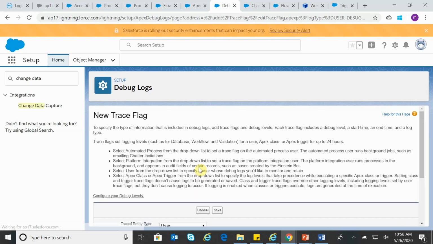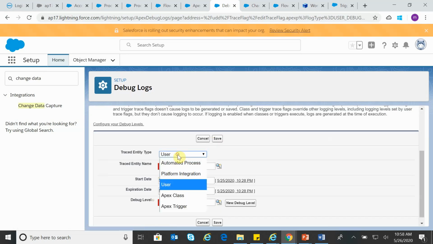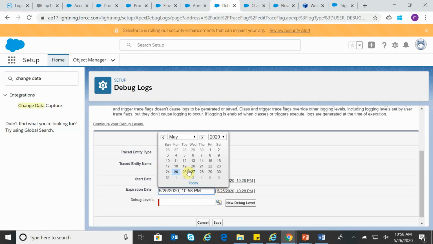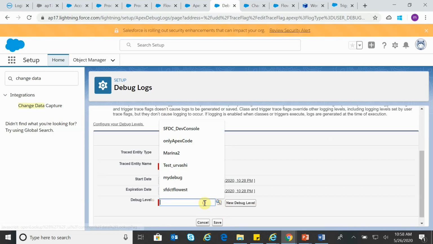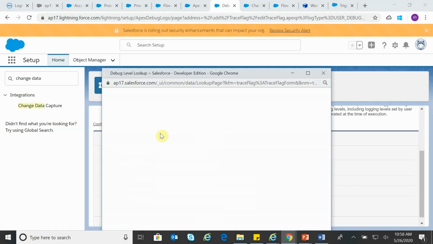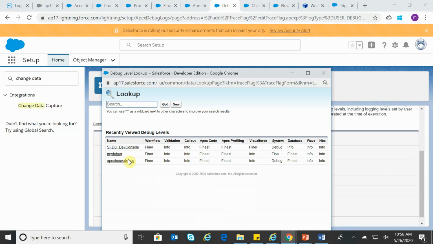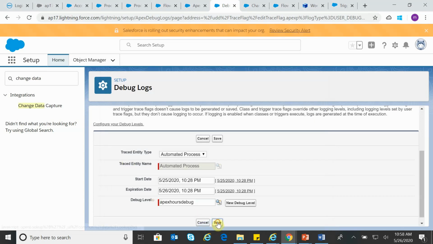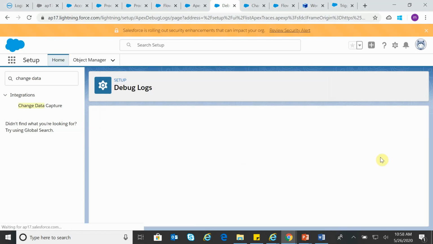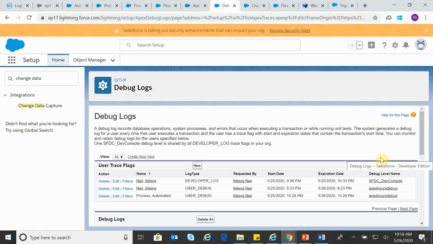So let us enable debug log. And the trace entity type should be automated process. And debug level also, let us select. And save this. Now let us go ahead and create a new contact.